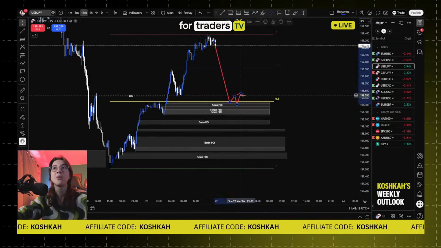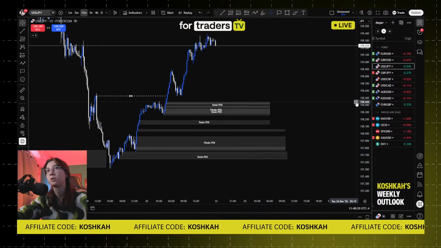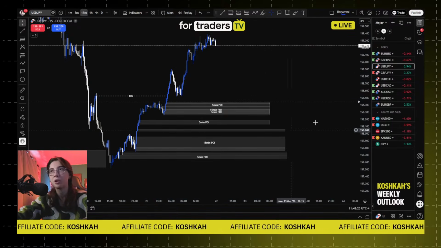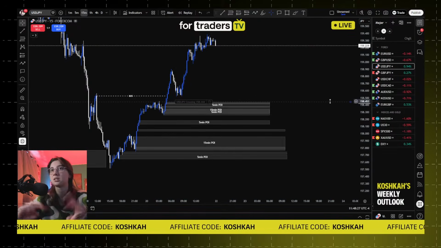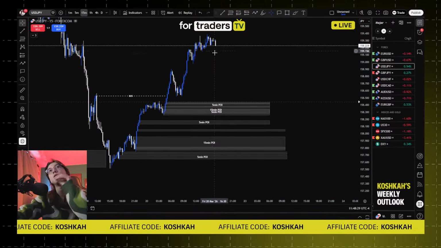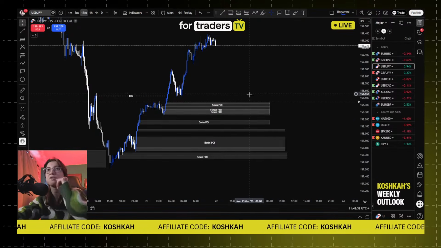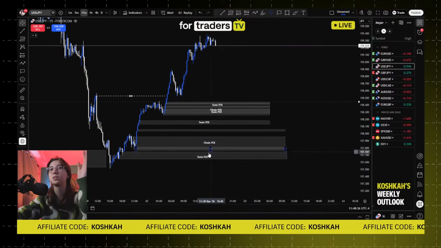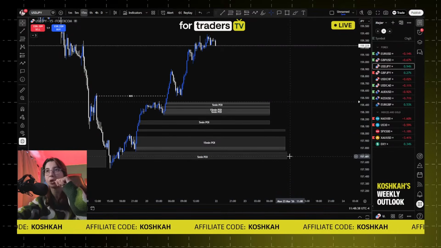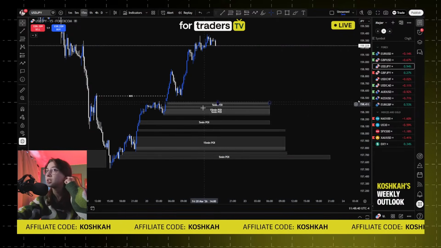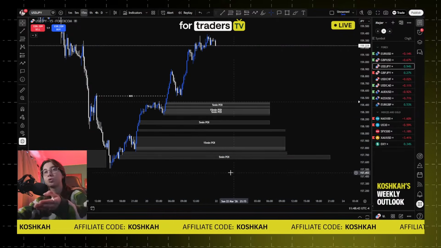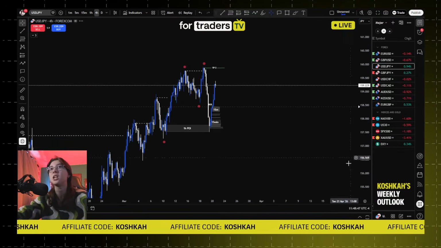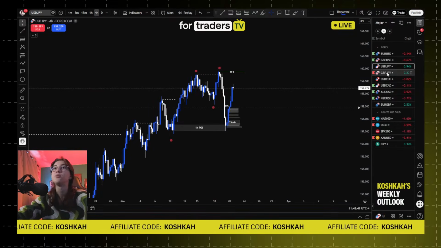So that's why right now we have a lot of POIs, and now you're going to tell me, okay, but how do I wait for a confirmation? Add an alert at your POIs. When the alert is activated, you go on the trade and look for a 1 minute change of character. If it doesn't happen, you just wait for the POIs below. And if you don't want to deal with this, you can just enter the most extreme one as well. But you need to be careful, because if a POI reacts before the most extreme one, your most extreme one won't be valid anymore. Okay, so that's it for USD JPY.